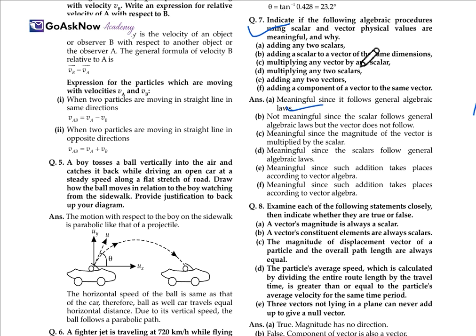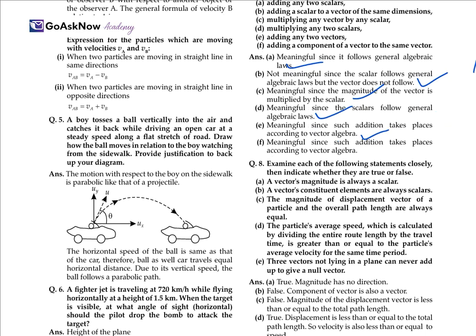Now, we have some case-based questions as well. The acceleration developed in a body is equal to the acceleration due to gravity if air resistance is neglected, irrespective of its mass and density. Free fall is thus a case of motion with uniform acceleration. As the body comes down, the velocity increases and becomes maximum just before touching the earth. What is the acceleration of a free-falling body? It is 9.8 meter per second square.